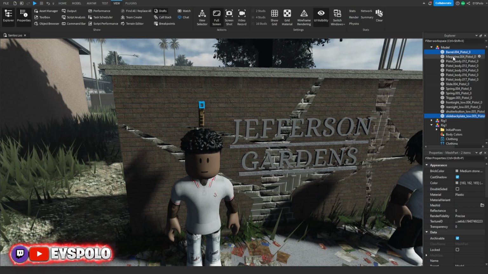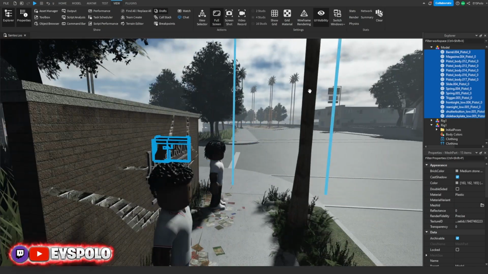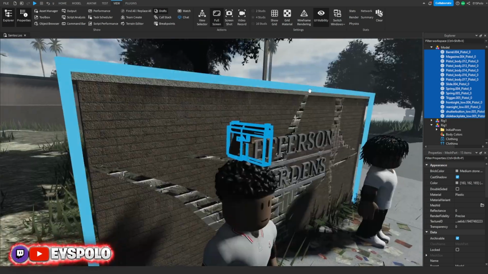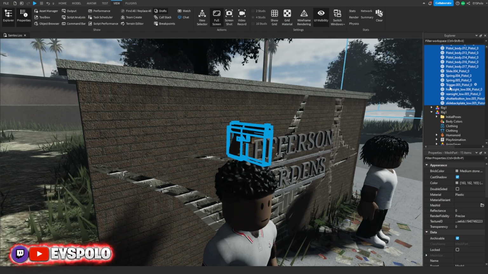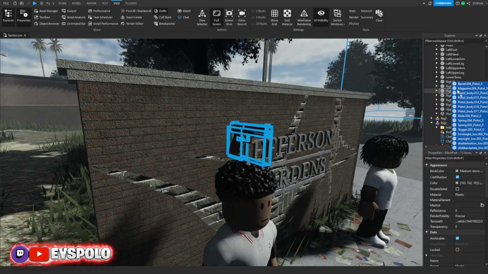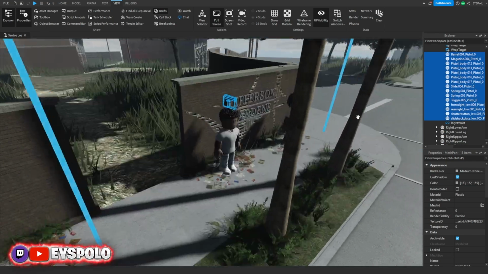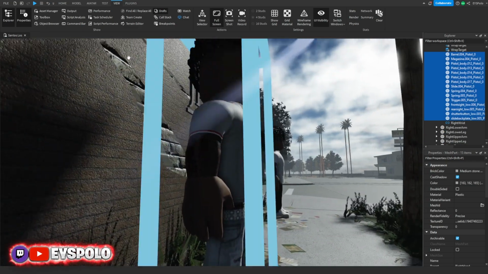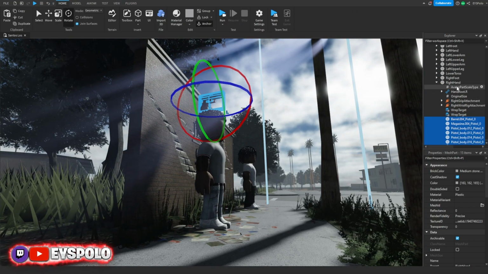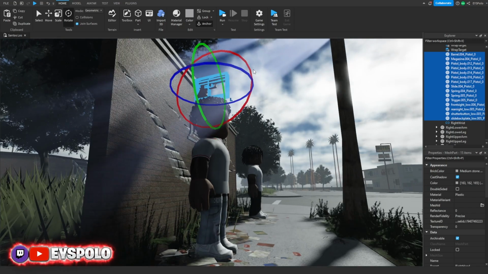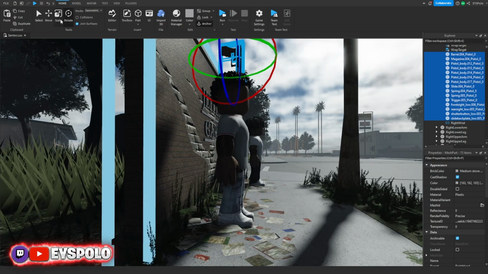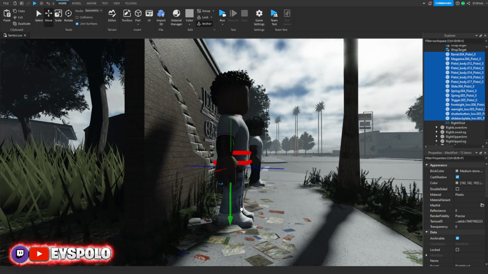For me, I have a lot of stuff inside of this model, so it's going to be harder for me, but I guarantee that the models that you find or you have are pretty much easier. So what you want to do is go to your rig, and drag all of this to whatever hand you want this stuff to be in, right? So for me personally, I'm going to have this inside of his right hand, so I put this inside of his right hand right here, and then I'm going to place it into his hand perfectly how I want it. So I'm gonna go ahead and rotate it down, bring it down,